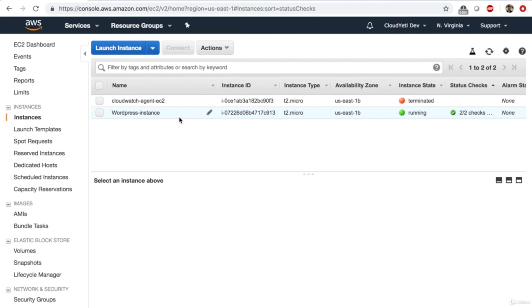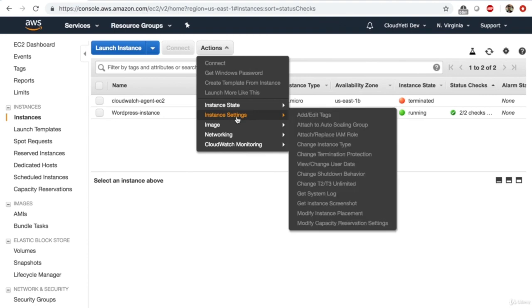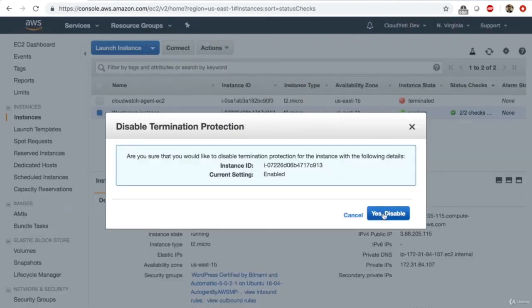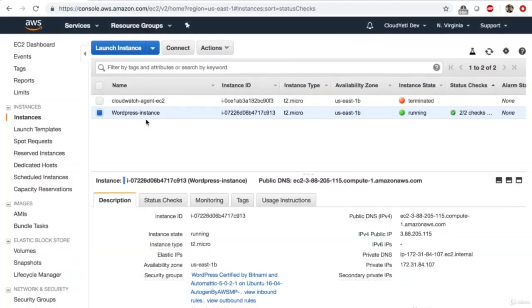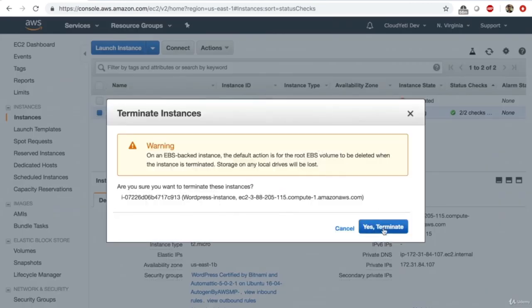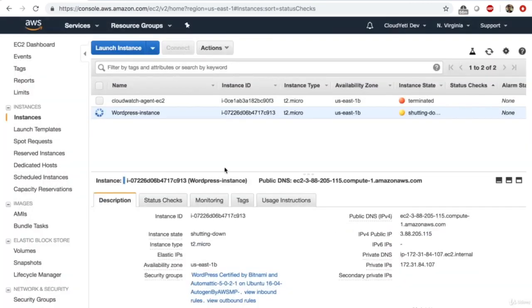And by the way, if you eventually want to delete this instance, all you do is say instance settings, change termination protection, and disable. Let's all do this because we want to clean up. We're done with this lab now. So disable, and once you disable the termination protection, you can go to Instance, Actions, State, Terminate, and you can terminate this time. So terminate the instance, go to Volumes on the left navigation pane,